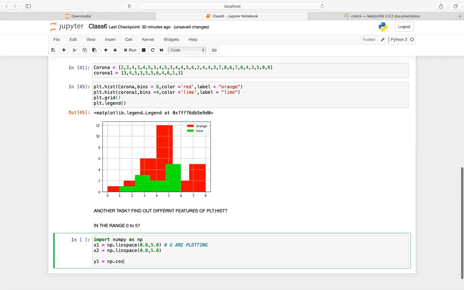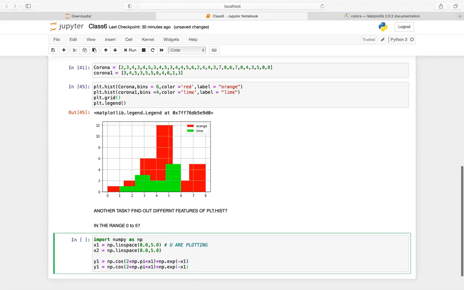np.cos of 2 into... Just a second. For the undamped one, you should not have this.